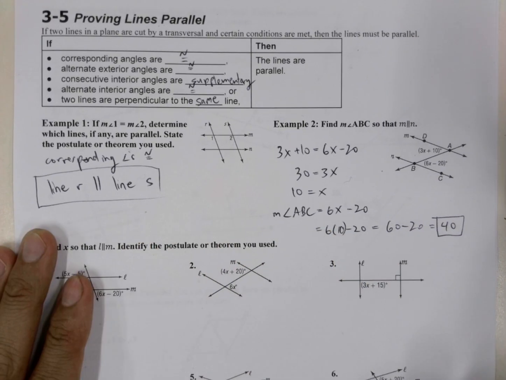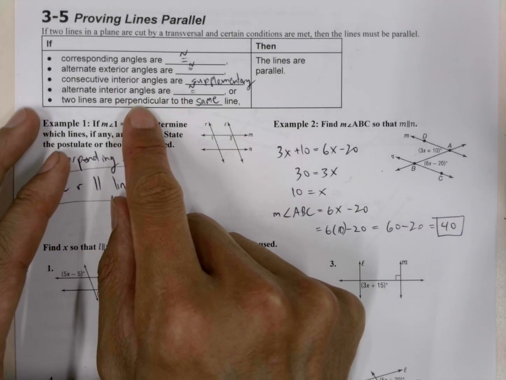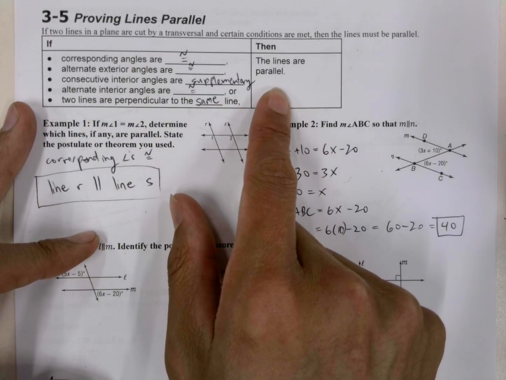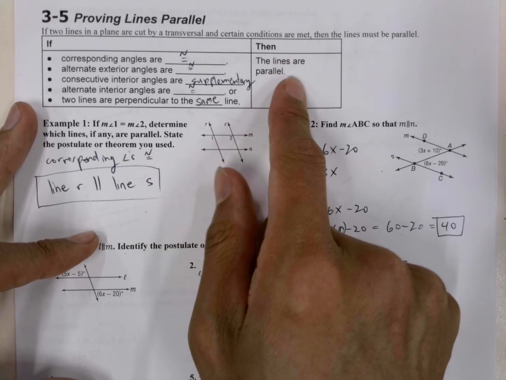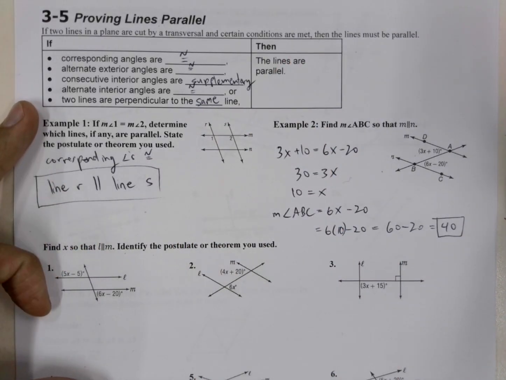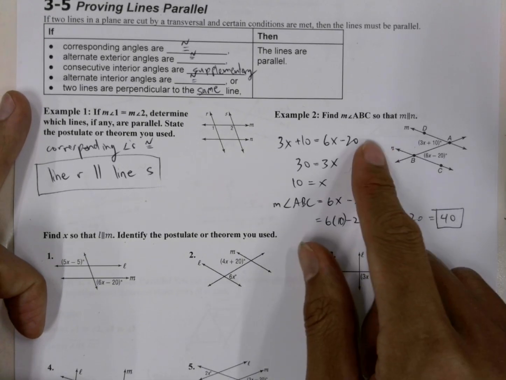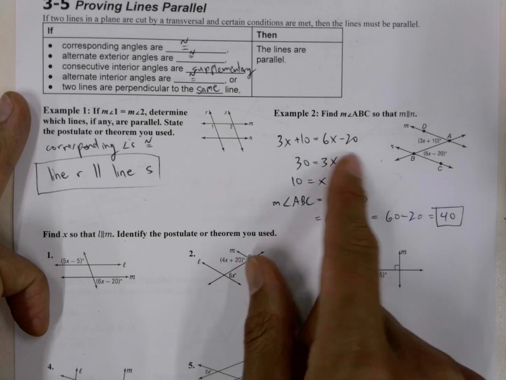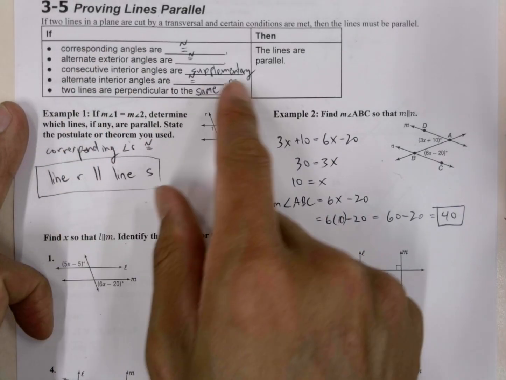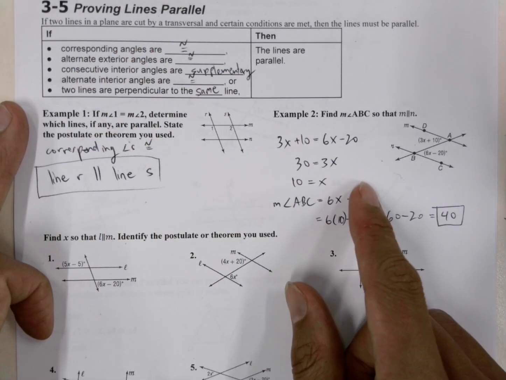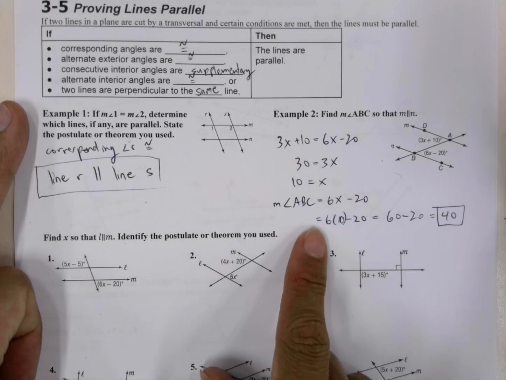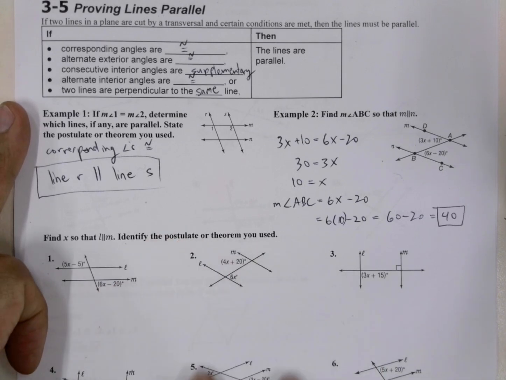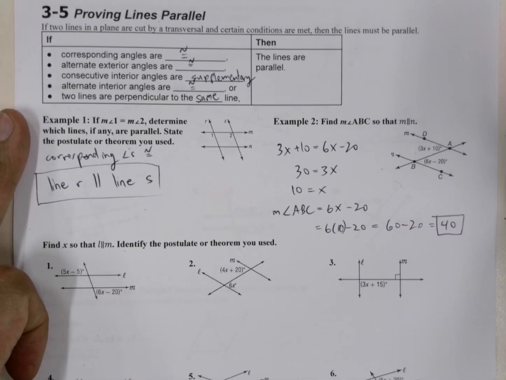Right. So we're going to use these rules, which state that if any of these conditions are met, then the two lines that are cut by the transversal are parallel, to solve these problems down here. And we also might be asked to find the measure of angles, right? And we would do that by creating an equation using these conditions here, and then solving for x, and then substituting back in to find the measure of the angle. So in the next video, I'll show you the answers to these problems down here, and